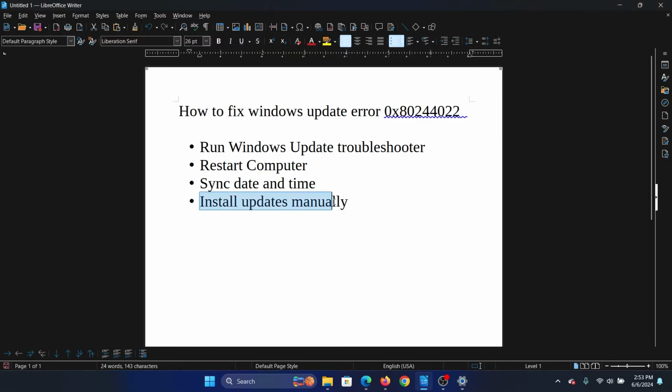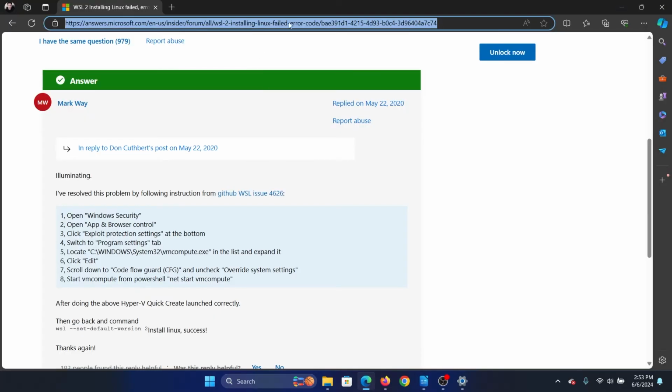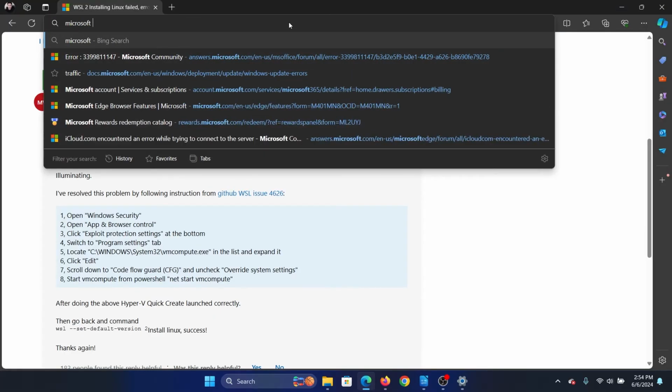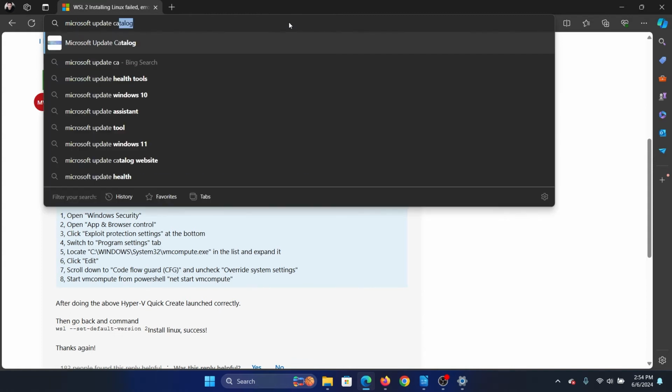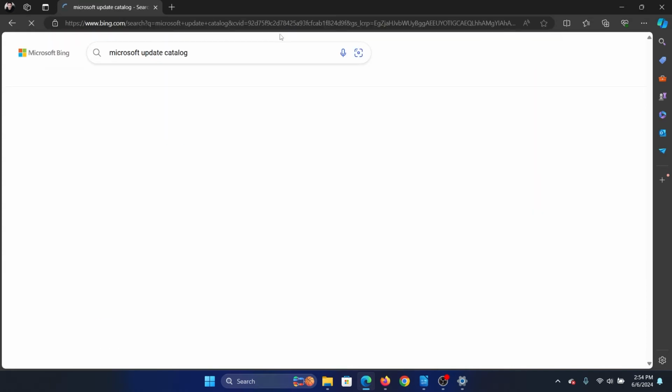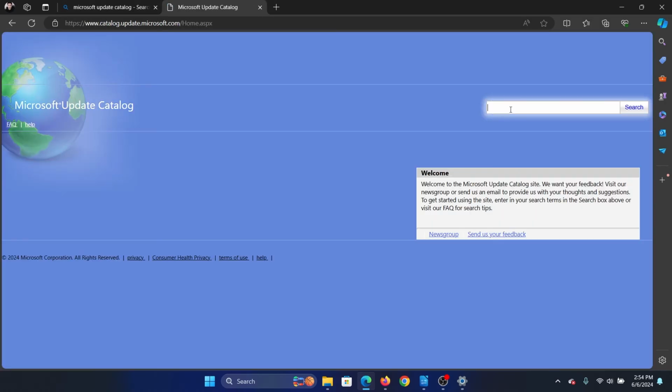And lastly, you can install updates manually. Now, how do we do this? So go to this website, Microsoft Update Catalog. The website is basically catalog.update.microsoft.com. Now in the MM/YYYY format, search for the latest month and year,